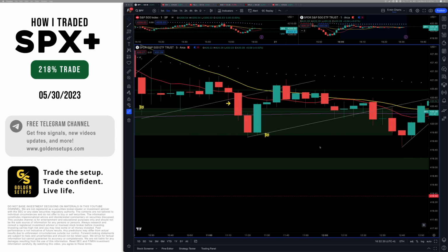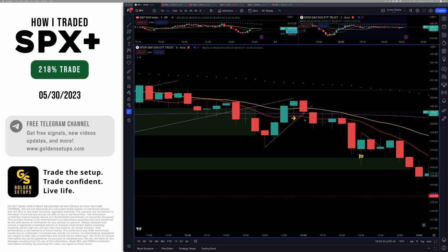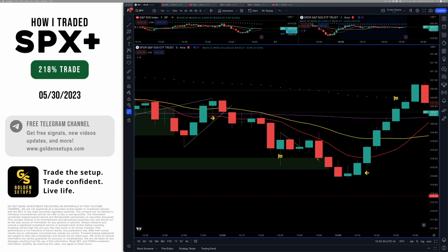Then after that, let's see here. I did one more, and I got into this break here, and I rode this back down to this supply zone, and that was that. And then